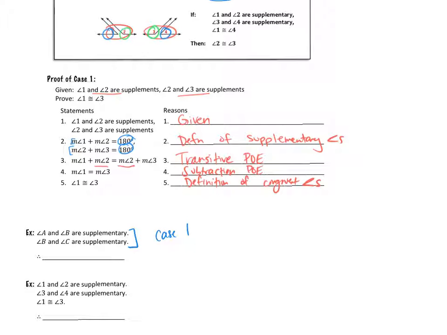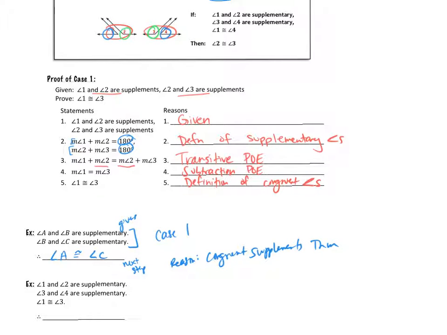So we know that our conclusion is that angle A is congruent to angle C. If this was in a proof, and these two were my givens, and this is my next step, whether it's in the middle or the end, the reason would be congruent supplements